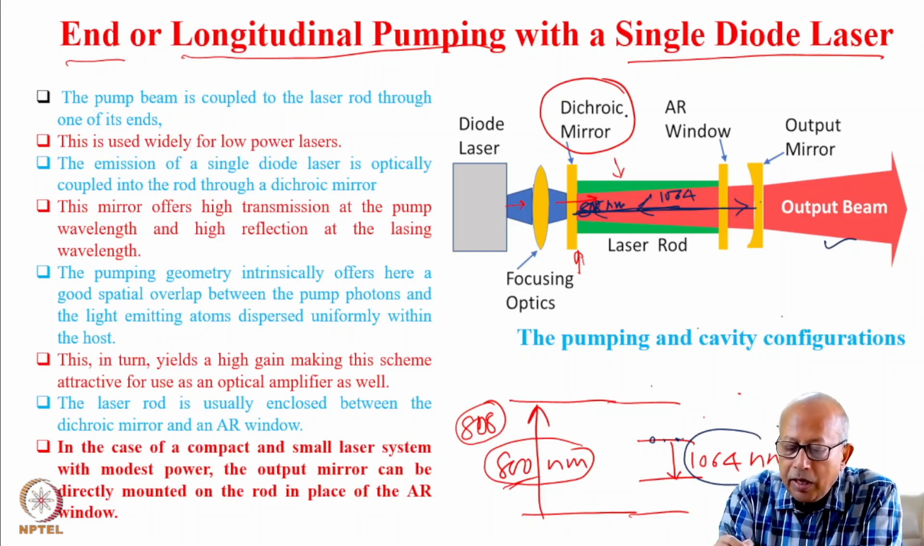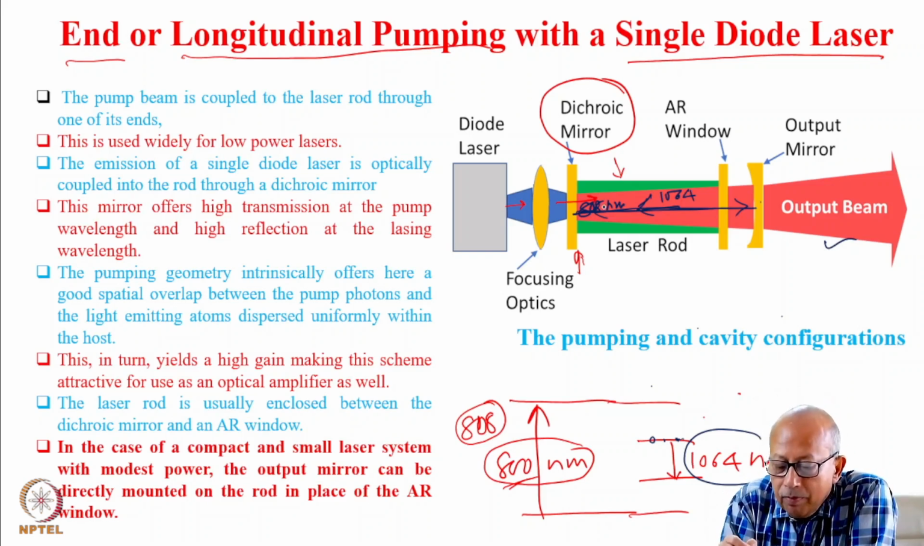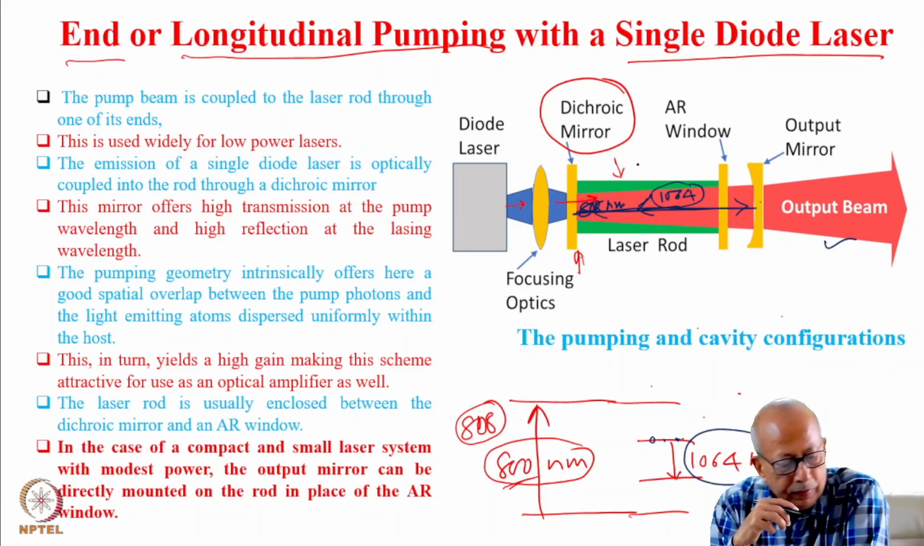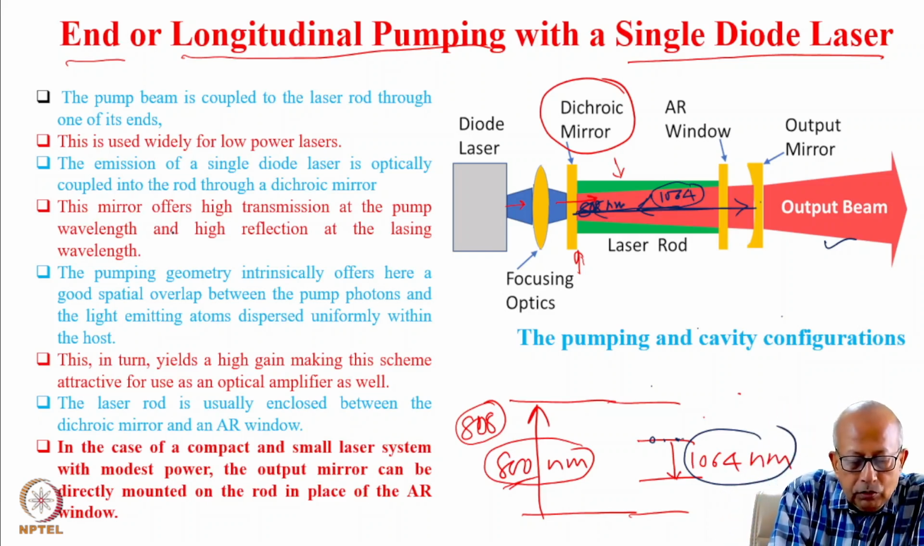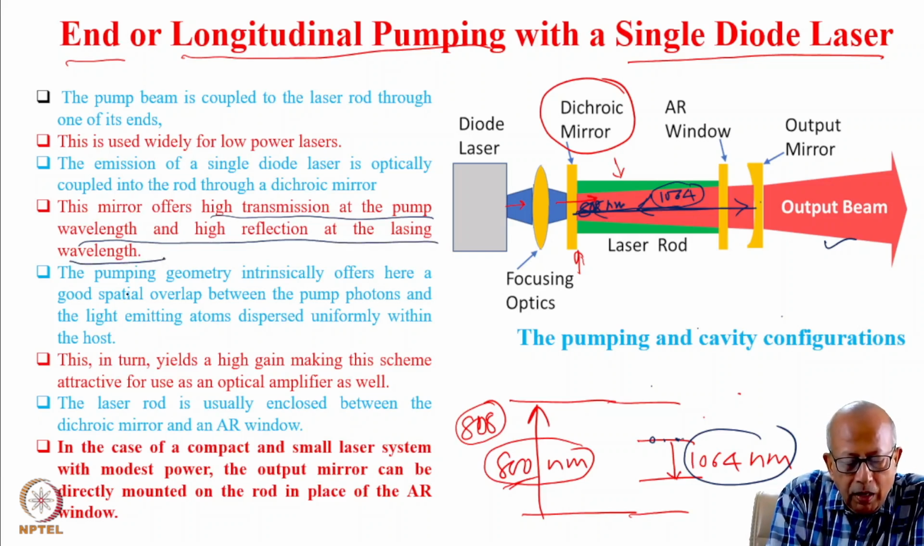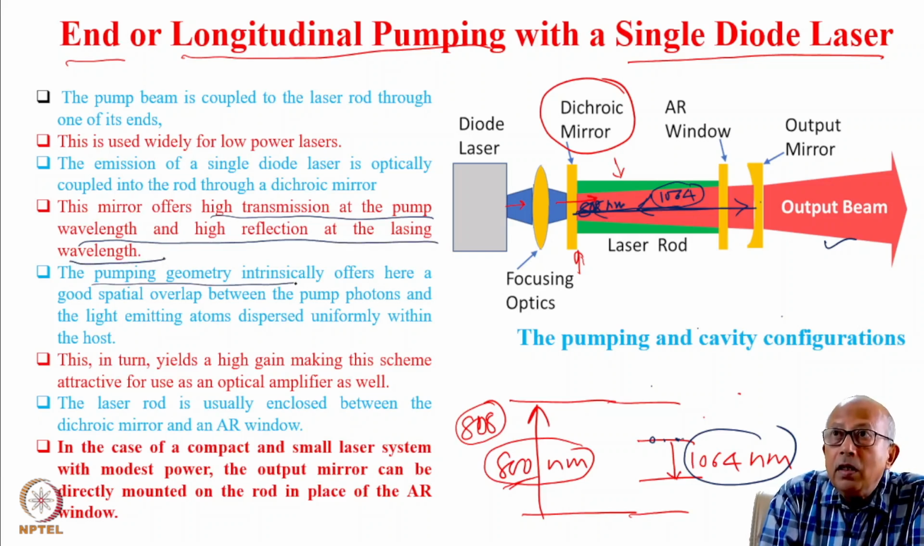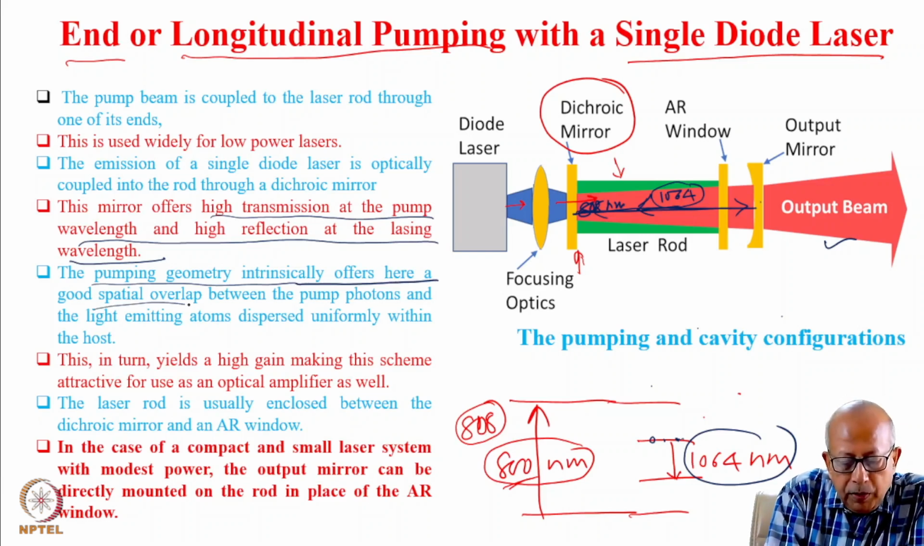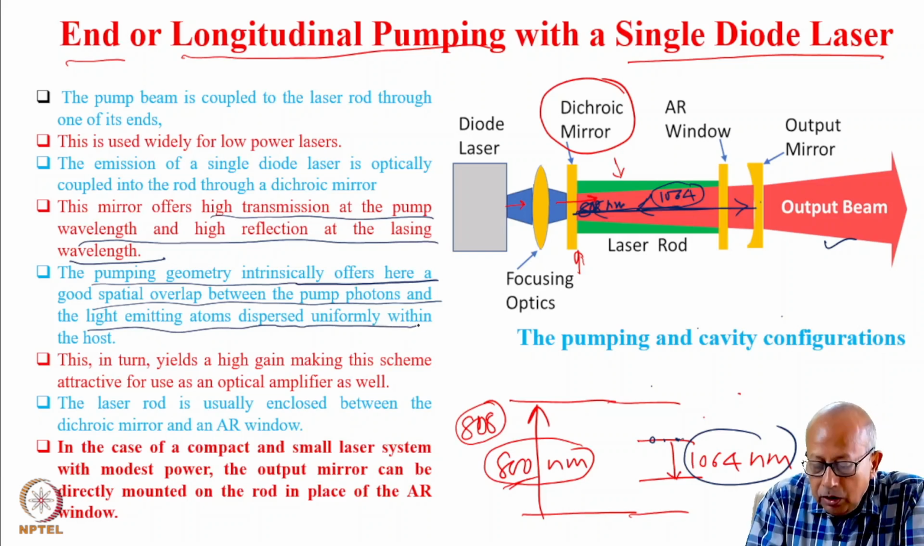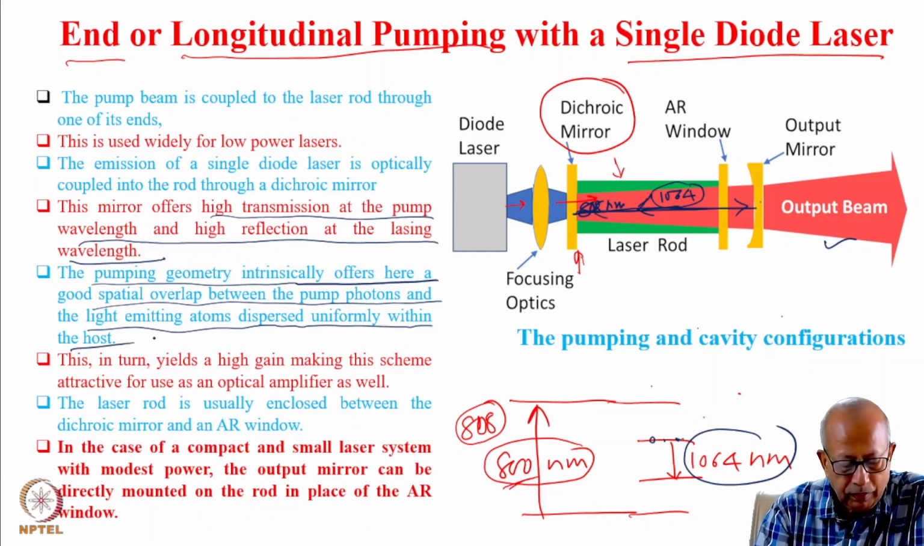So then this special dichroic mirror transmits 808 nanometer but reflects almost 100% 1064 nanometer. This is a special mirror. So this mirror offers high transmission at the pump wavelength and high reflection at the lasing wavelength. The pumping geometry intrinsically offers here a good spatial overlap between the pump photons and the light emitting atoms dispersed uniformly within the host. This in turn yields a high gain, making this scheme attractive for use as an optical